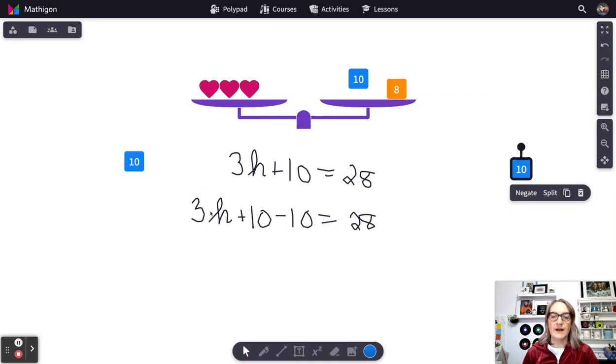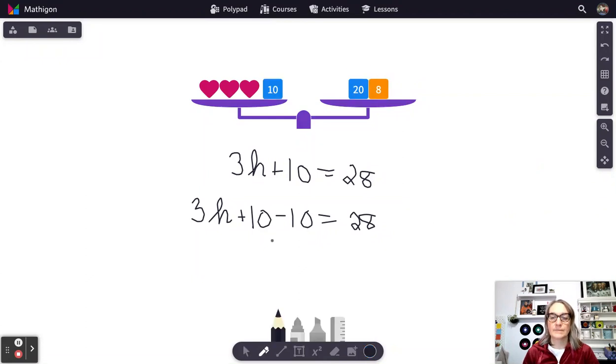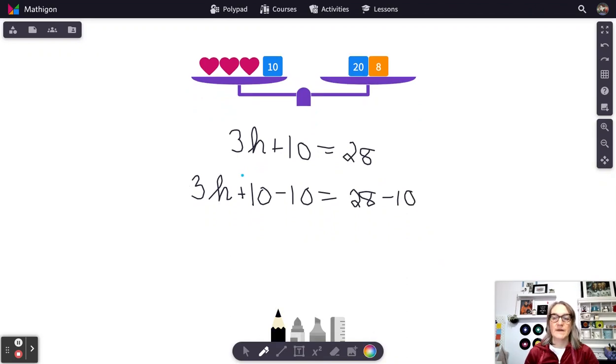So let's look at how we can represent that symbolically with numbers. We've done it with pictures with our balance scale here. It makes a lot of sense. Let's see how we can make that happen with the numbers in the equation. So I've already put my minus 10 there. So what I have to do then on my equation is just add another minus 10 on this side. So now we're going to simplify again. Let's just put some brackets around this plus 10 minus 10 here so that we can understand what we're looking